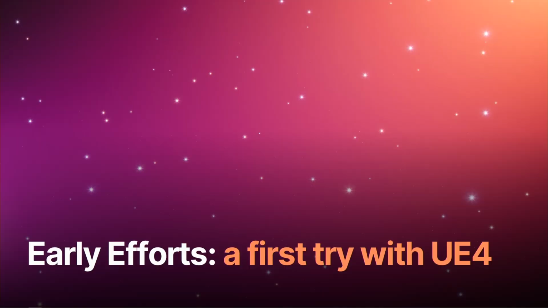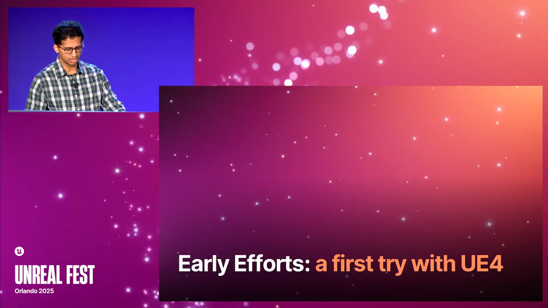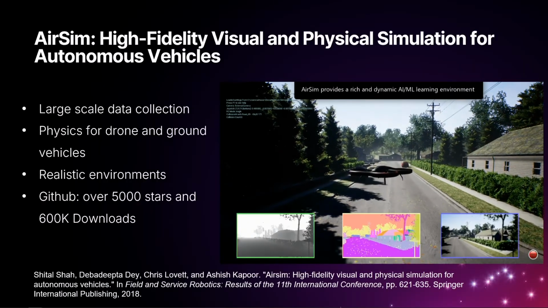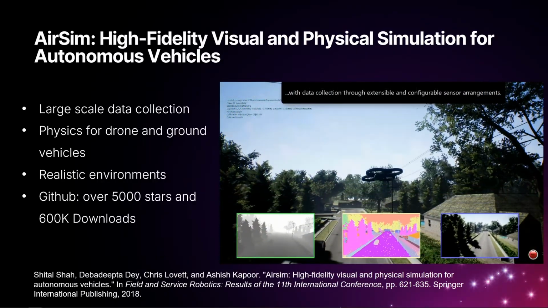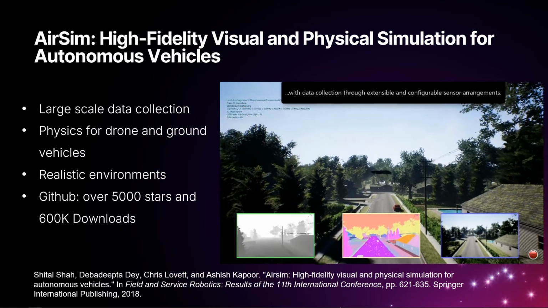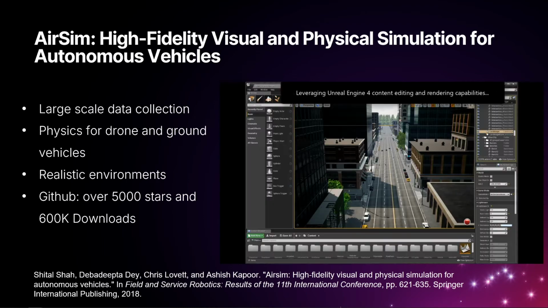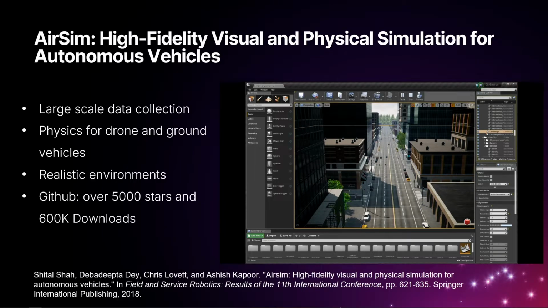And so taking all of this into consideration, I'd like to talk a little bit about some of our early efforts in the space. This was actually from the time when I was at Microsoft, and there was a team of us working on integrating robotic simulation with Unreal Engine. So this was with Unreal Engine 4. This was called Microsoft AirSim, and it was released in 2017 as an open source project. It still continues to be a fairly popular platform for specifically drone simulation and wheeled robot simulation running on Unreal Engine. And the intent for us, like I said, primarily was to get out of the Seattle weather complexity,